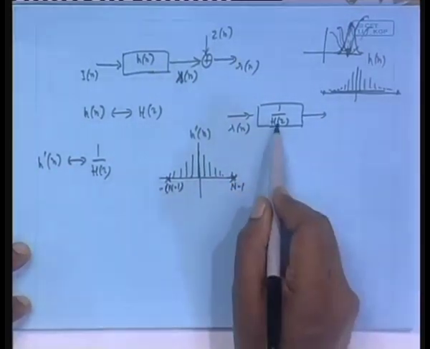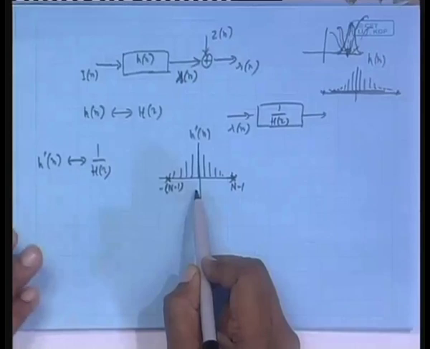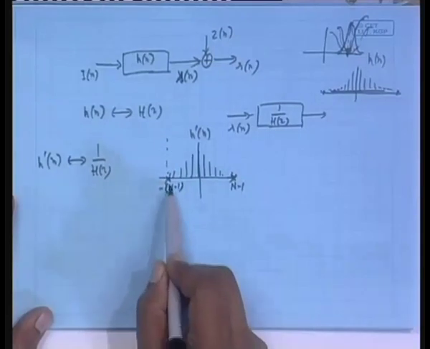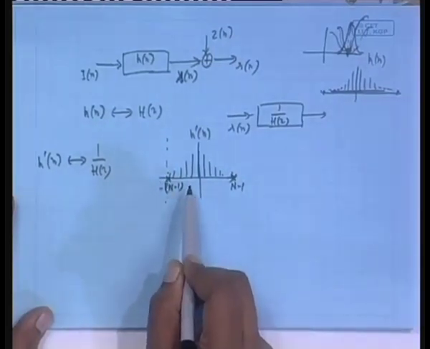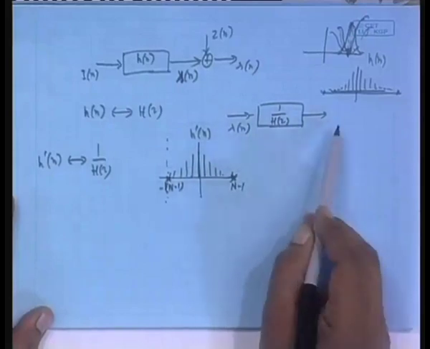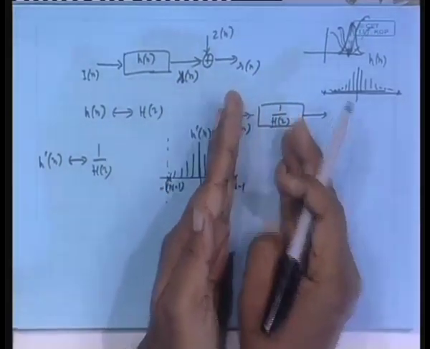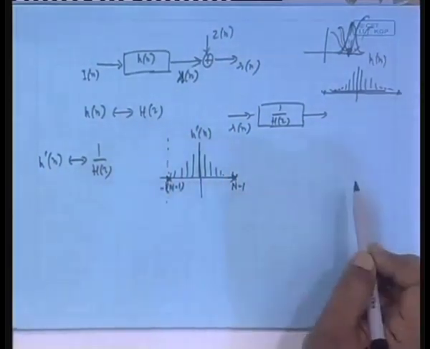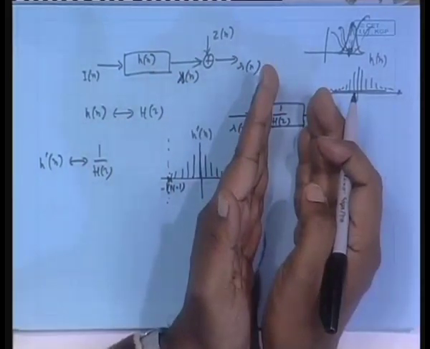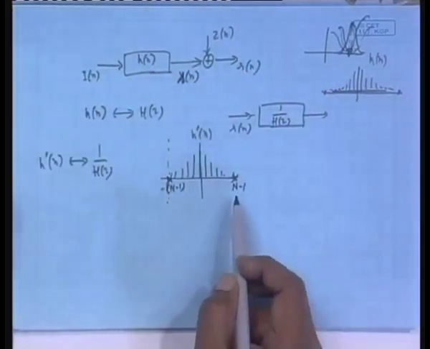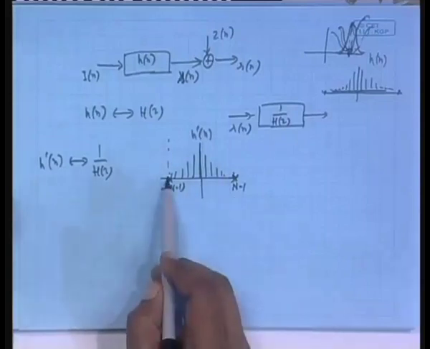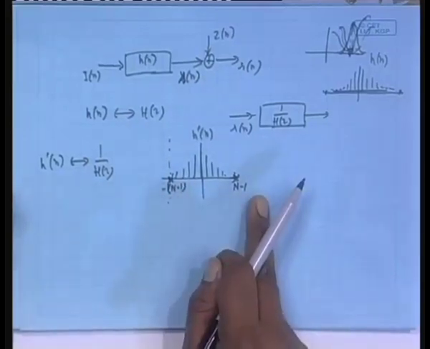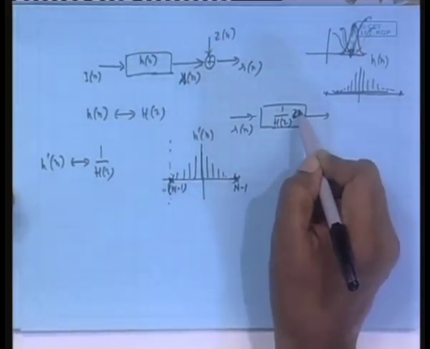So, that means 1 by H z is this filter, and it is non-causal. A non-causal filter in general cannot be implemented, but suppose I shift the origin here. That means the output will be delayed; if I delay this entire thing so that this fellow goes here. Are you following this? If I shift it to the right by n minus 1 points, the origin will go here, and it becomes causal. But if I delay it by n minus 1 points, here I will be multiplying this by z to the power some amount,